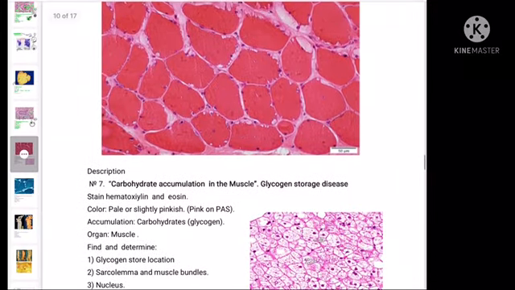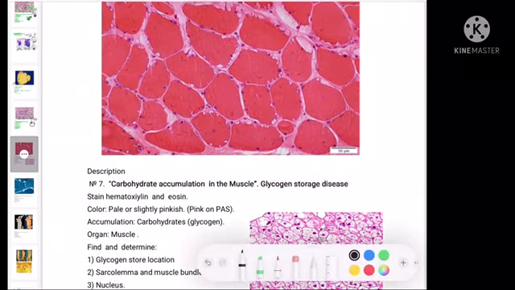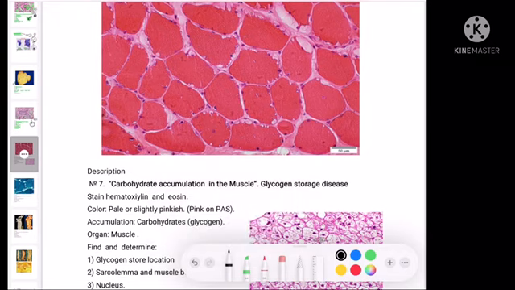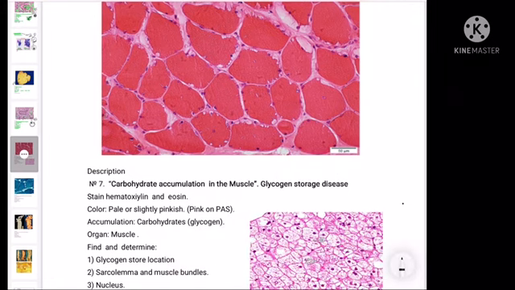Next one is the glycogen deposition. The glycogen deposition is seen in glycogen storage diseases. One of the diseases is McArdle syndrome or McArdle disease, where there is a genetic mutation of glucose 6 phosphatase. Because of that, glycogen doesn't convert to glucose, so there will be muscle wasting, weakness, and failure to thrive, especially in the child. So all these are the skeletal muscles,